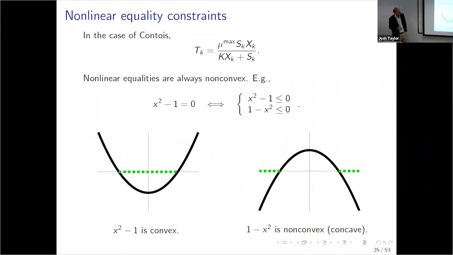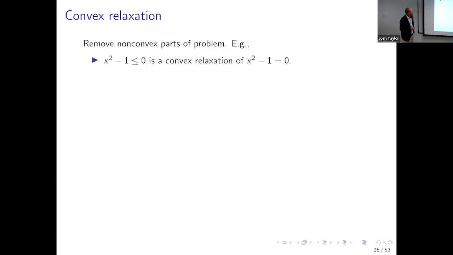Well, we can represent that as x squared minus 1 less than or equal to 0 and 1 minus x squared less than or equal to 0 together. And one of them is convex, and the feasible set is right here in green. And the other one is non-convex, and the feasible set has a hole in it. So that actually points to our strategy,